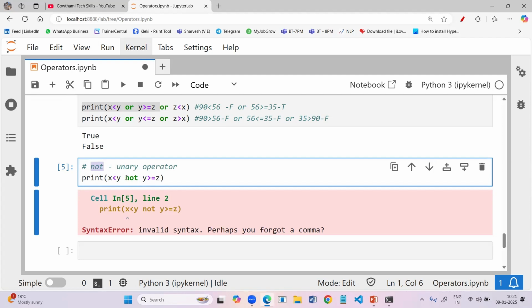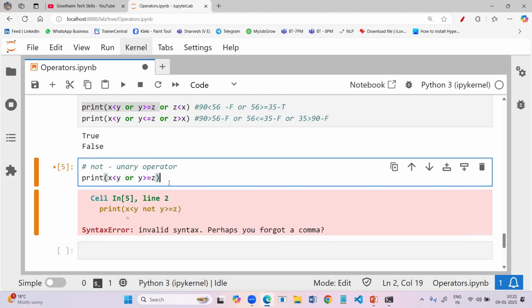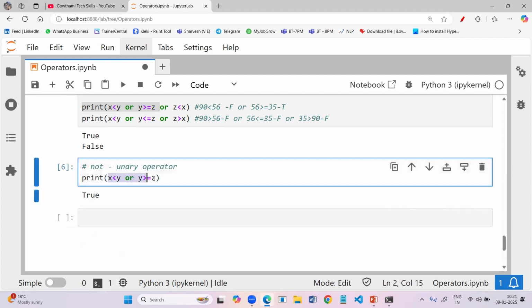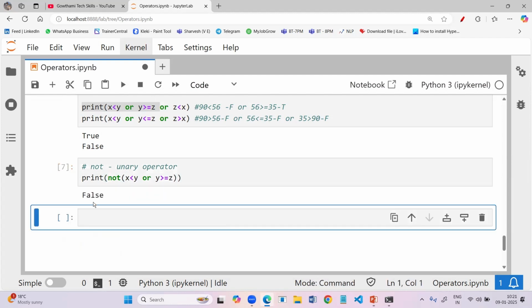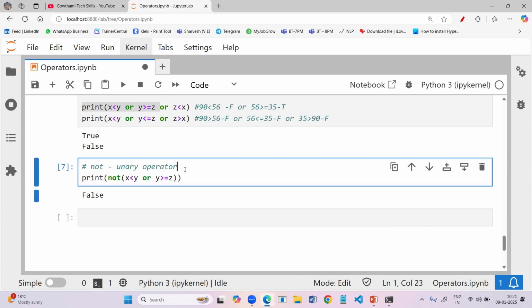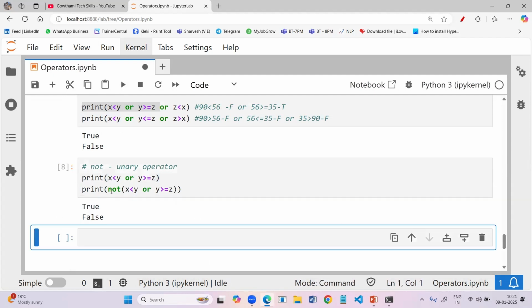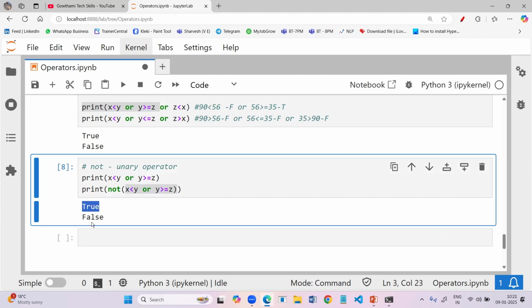That means, suppose I use the OR operator between these two conditions, what output will we get here? Obviously, it will return true for us. So if you want to reverse the output of this condition, you simply keep that condition inside the NOT function, then run it, and it will give us the reversed output, false. Usually the output for that condition here is true, correct? So when you apply the NOT operator to that condition, the output is returned as false. That means it simply reverses the output of the condition.